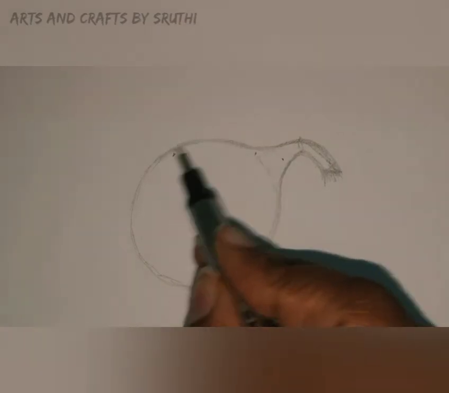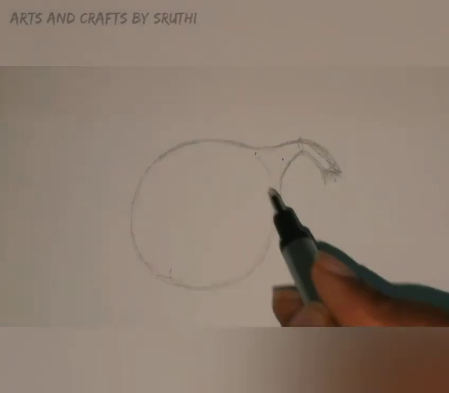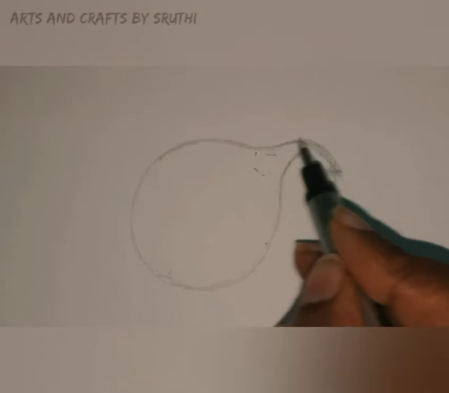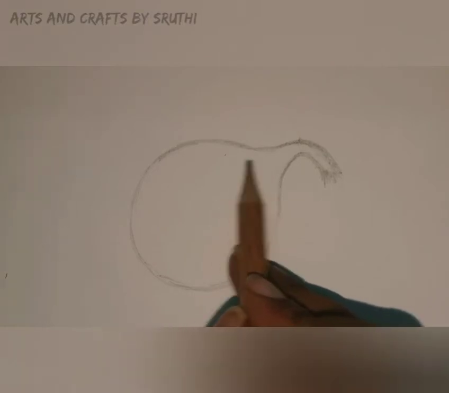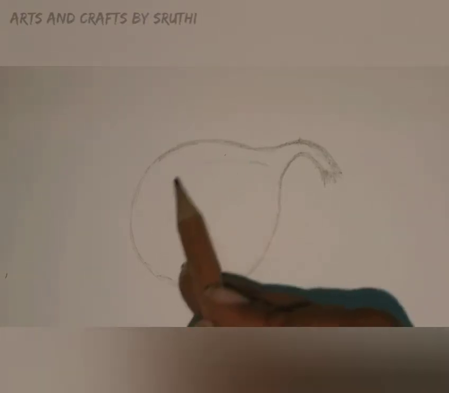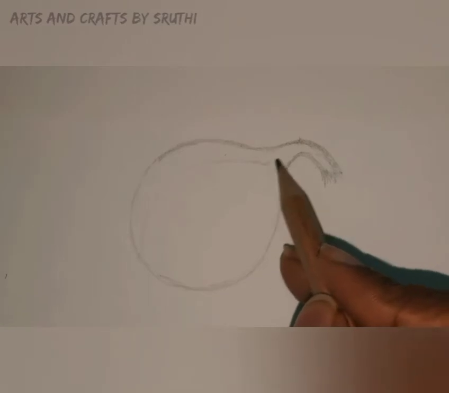We can erase the unwanted lines. I'm using a Mono Zero eraser for that. It's very useful. I'm using contour lines here to make the onion's 3D outline.